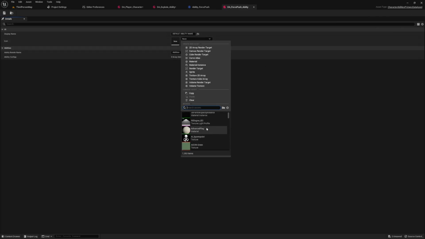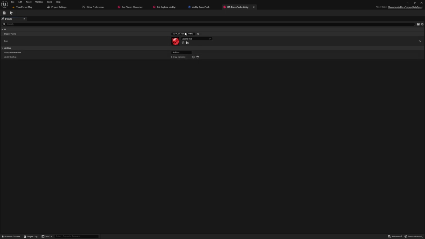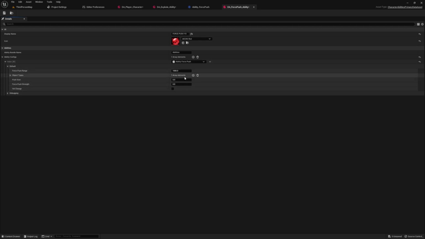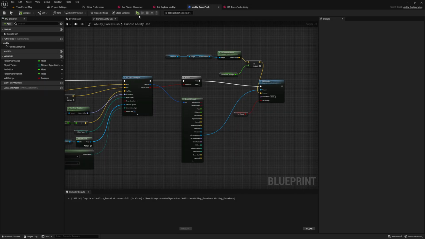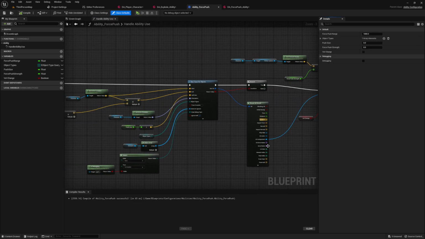Yeah, this one. All right. Force push, and we're going to set this up. So force push, that's the object that's going to handle it. And I completely forgot to say, if you ever want to know how to set up the class defaults with the instance object, you just set it up in the object itself. So in this case, force push range is already set up. Size, let's do